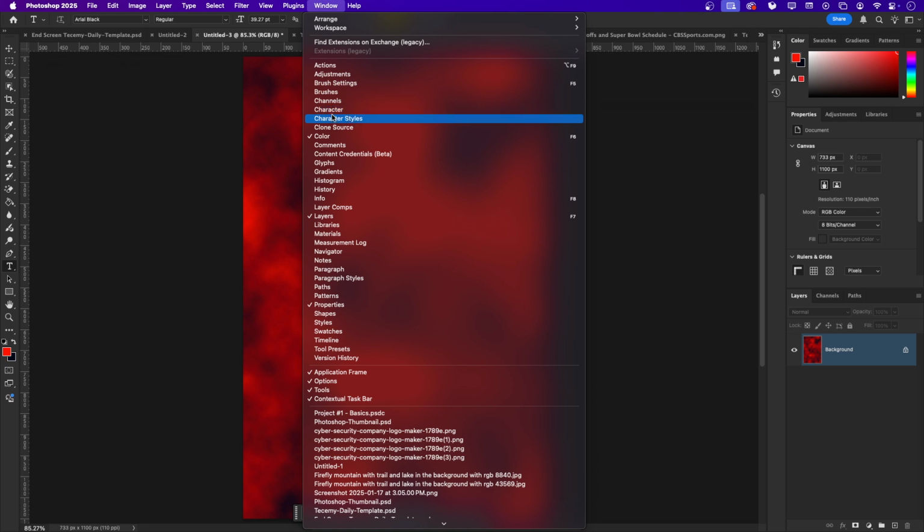Okay. Character styles. This has to do with text. Clone source. We'll talk about that. Color is this right here, your color wheel. I'll do a deep dive into that. Comments. You can write comments. Content credentials. Glyphs, gradients, we'll talk about these in projects, histogram, history, info, layer comps, layers, that's right here,